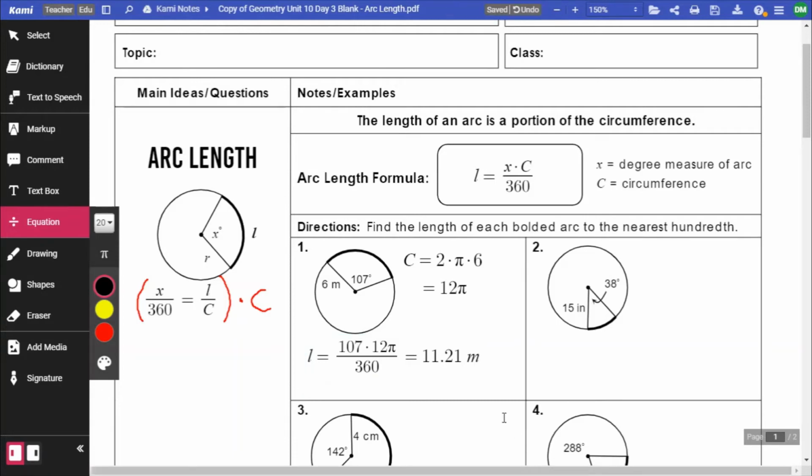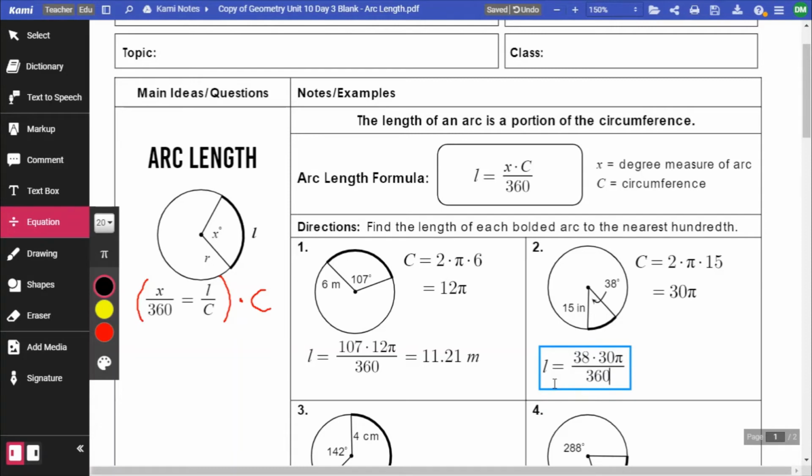Okay, let's do one more of these, and then maybe we'll look at an application type problem down below. So on number 2 here, we have a circle with a radius of 15 inches, and we need to know the circumference of that if we want to find the arc length. So our circumference is 2 times pi times that radius of 15. So our circumference is equal to 30 pi. Our arc measure is equivalent to this central angle here of 38 degrees. So that means that our arc length is equal to 38 times 30 pi, and that's going to be divided